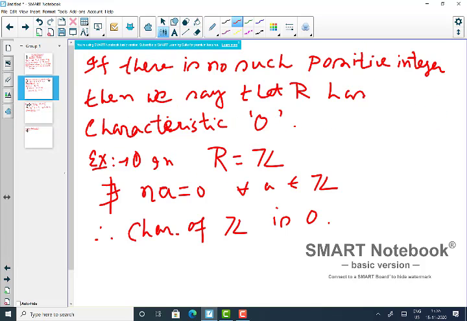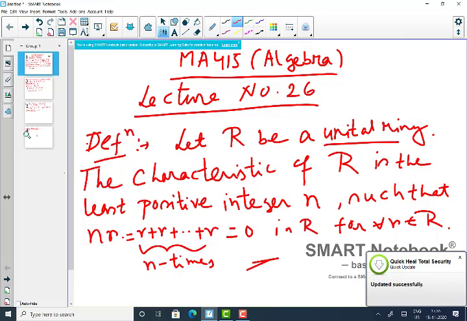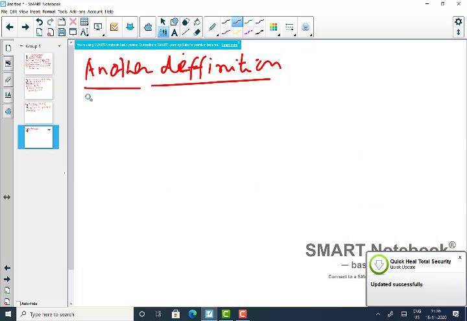Because I have started with a unitary ring, one always exists. If you don't have a unit, then you will define it the earlier way. But as I assume a unitary ring,